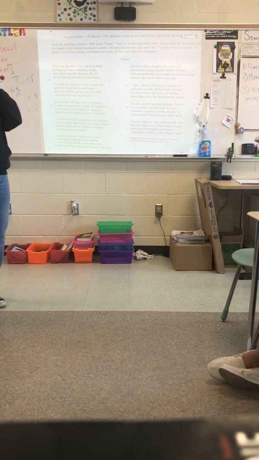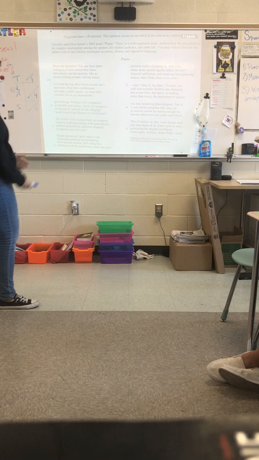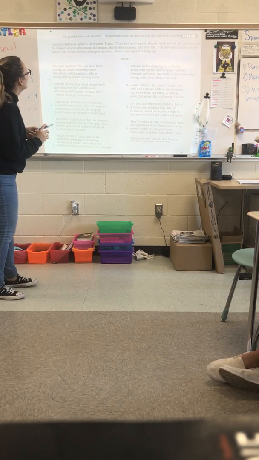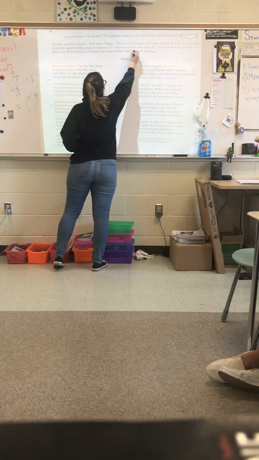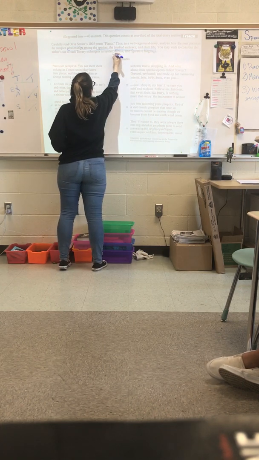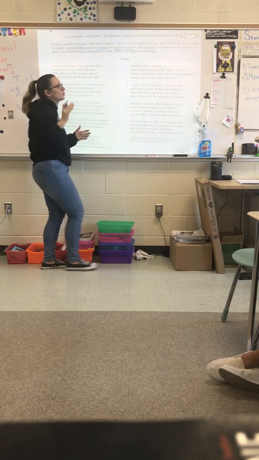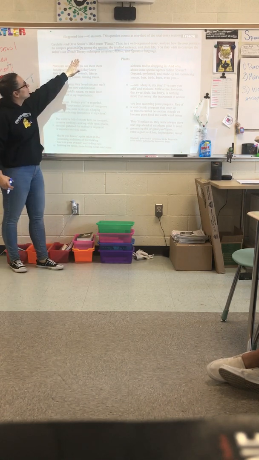Prompt. Carefully read all of Senior's 2005 poem, Plants. Then, in a well-organized essay, analyze how the poet portrays the complex relationships among the speaker, the implied audience, and plant life. You may wish to consider the author's use of literary techniques, such as syntax, diction, and figurative language. Okay, so we want to look at the relationship between the speaker, the implied audience, and the plant life. So we need to figure out who is the speaker, who is the implied audience, what's going on there. And we need to say how that relationship is shown through